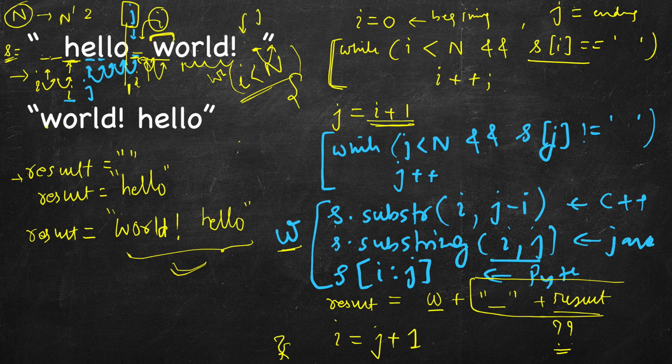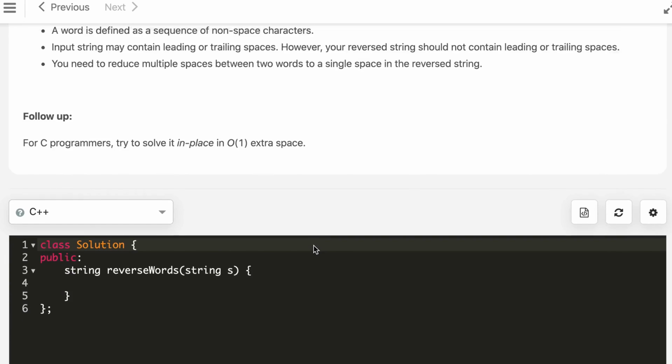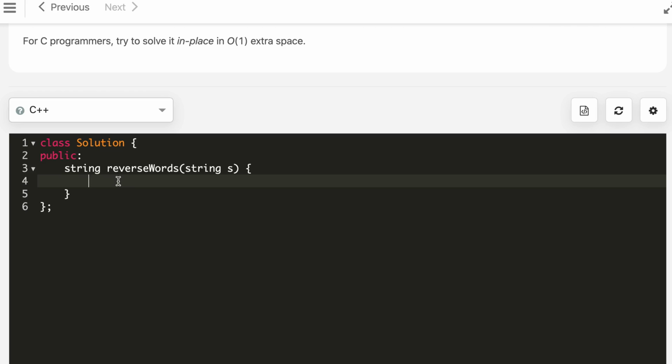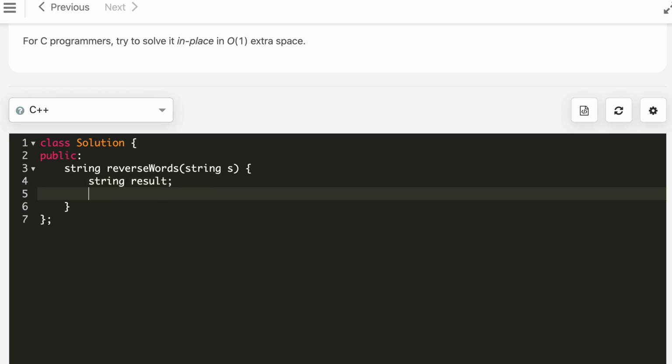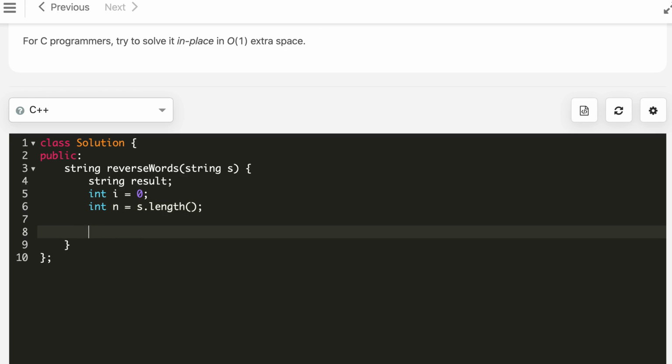So now let's write the code for this. You are welcome to try this approach using the idea that I just said. You may have some different idea. So this is the empty result, I equal to 0, and let's keep the length since we will be using it quite a few times, so we can store it. While I less than N,